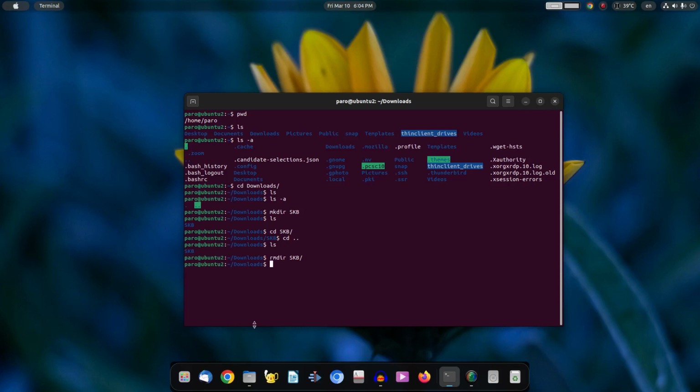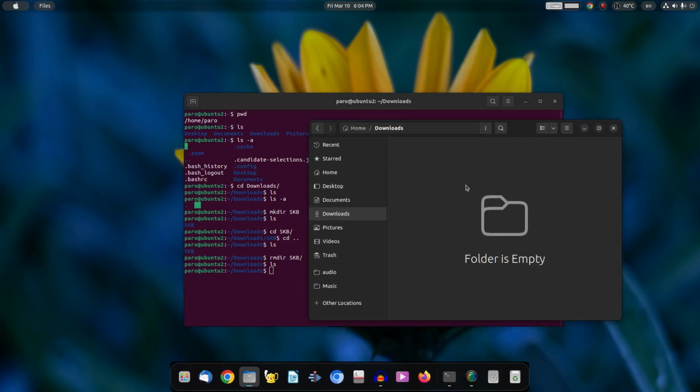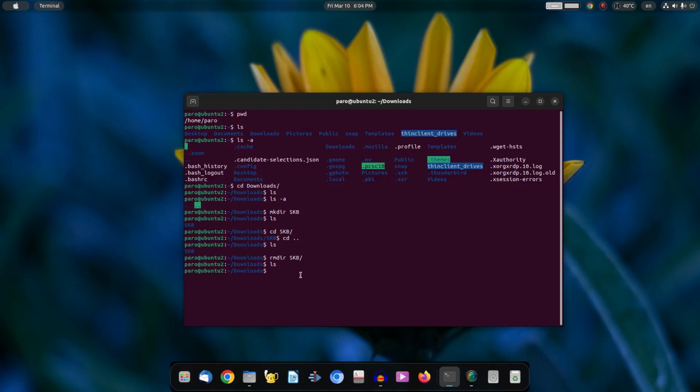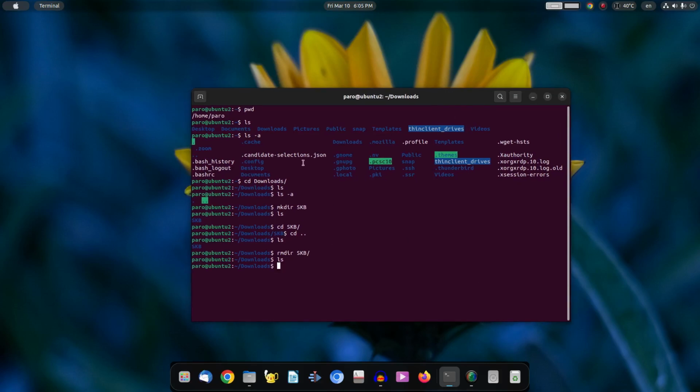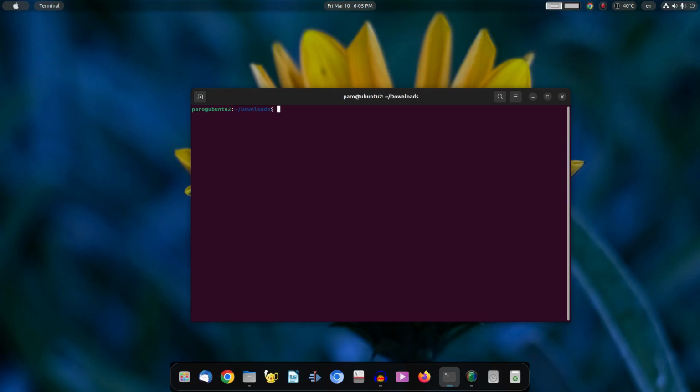So I have removed the skb folder, but how to check that? Simply do ls, and as you can see, I no more have the skb directory in here. I'm going to check here as well. So there is no skb directory here. So the last command that I'm going to be teaching you today is that if you feel that you have congested the area and you just want to clear all these stuff, you just have to type clear,